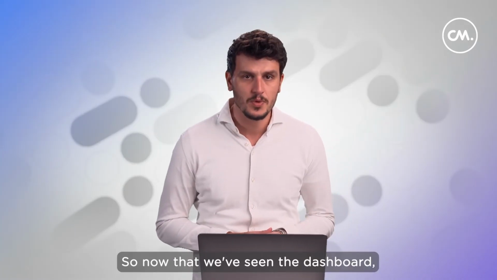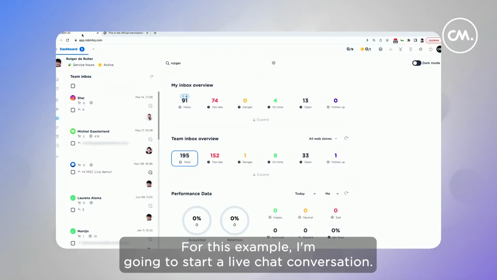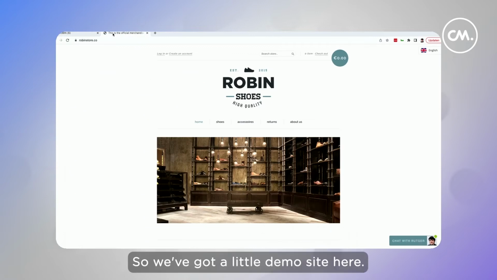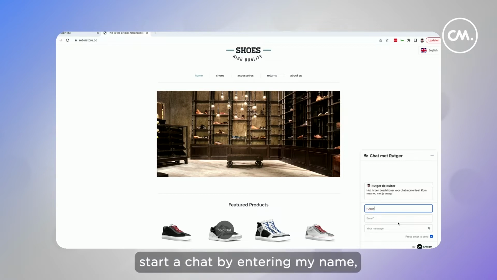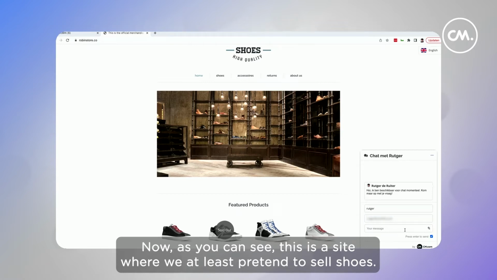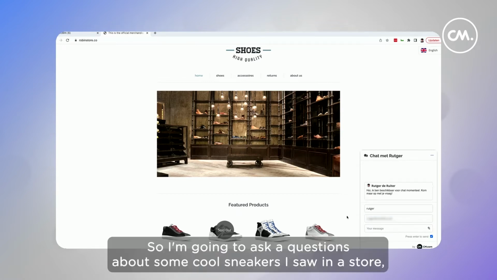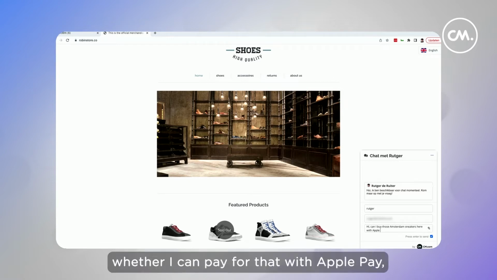So now that we've seen the dashboard, let's take a look at the dynamics of an individual conversation. For this example, I'm going to start a live chat conversation. So we've got a little demo site here. I'm going to start a chat by entering my name, my email address, and typing a message. Now, as you can see, this is a site where we at least pretend to sell shoes. So I'm going to ask questions about some cool sneakers I saw in a store in Amsterdam. I'm going to ask whether I can pay for that with Apple Pay